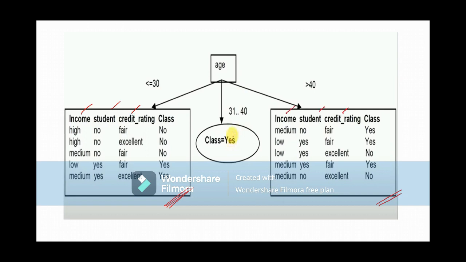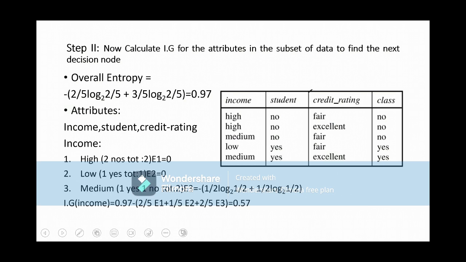So there are 3 attributes, so we have to find the information gain for those 3 attributes. Let me take the left subset first and solve. So first we have taken the left subset, which consists of 3 attributes, and the overall entropy can be calculated